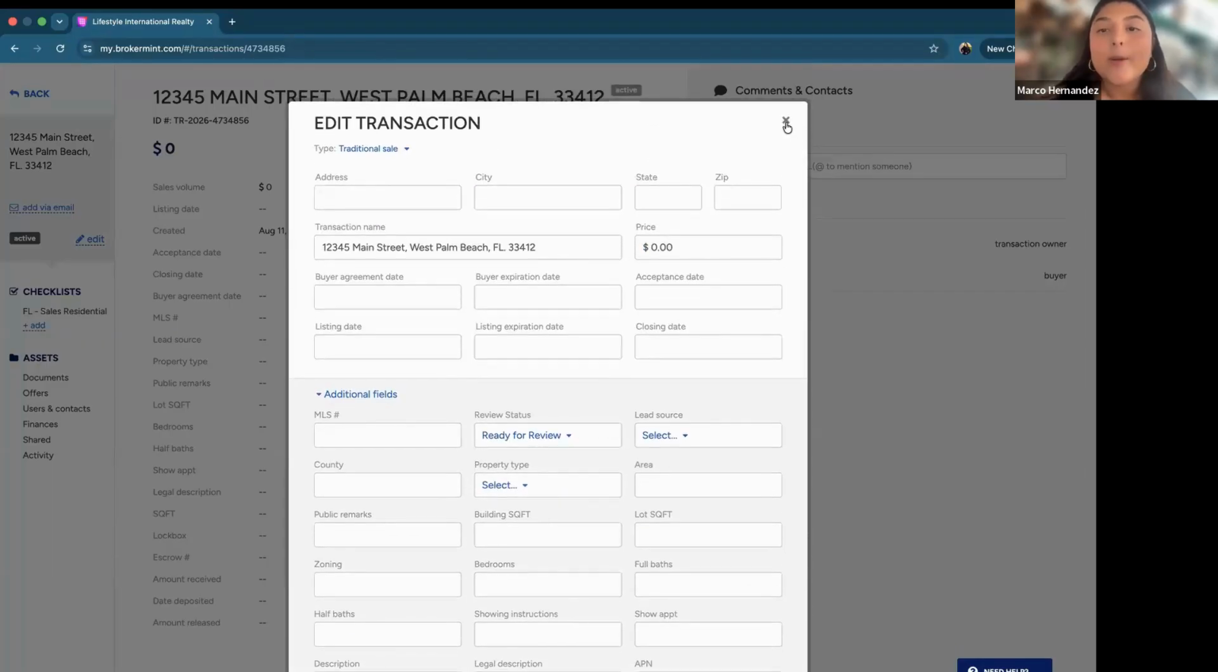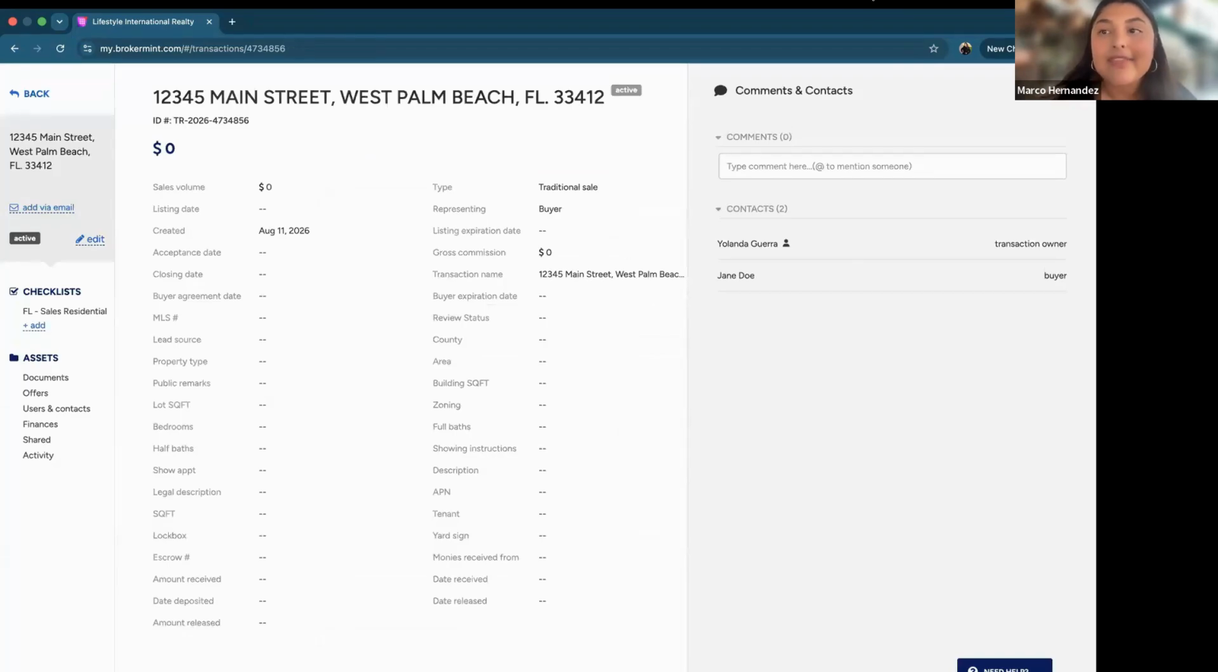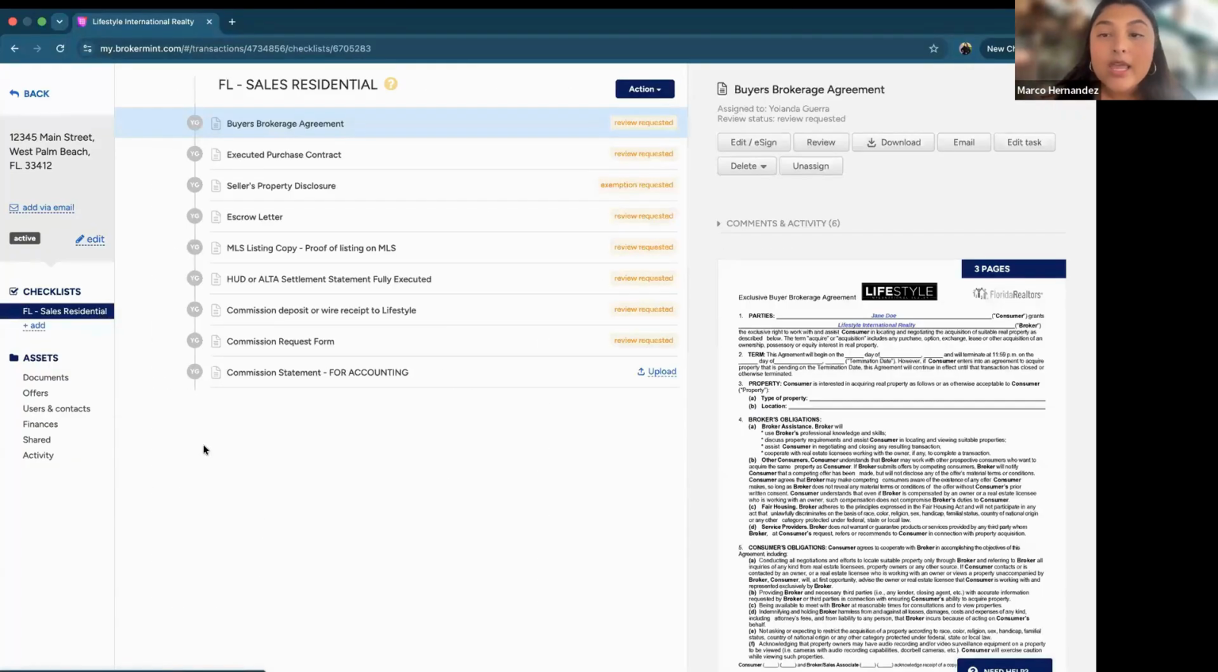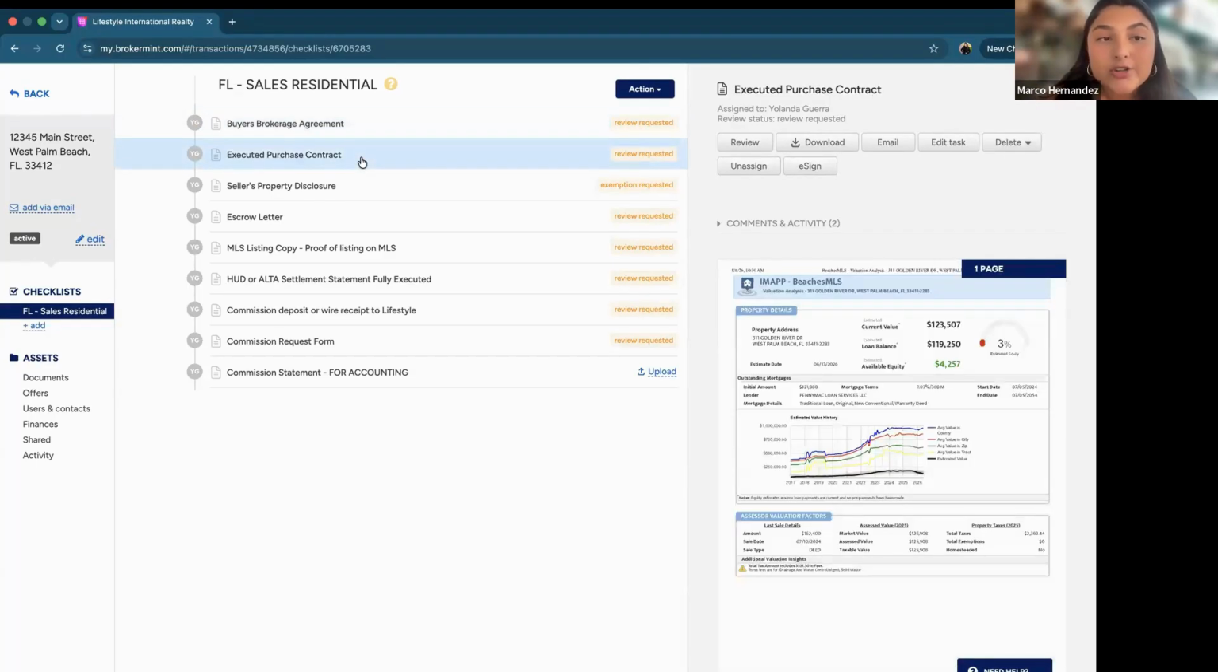Once you do that, our back office will get it in their queue, and they will be able to review your transaction and see if anything is missing. Now, if back office finds that in this executed purchase contract, you accidentally uploaded the wrong one, like let's say